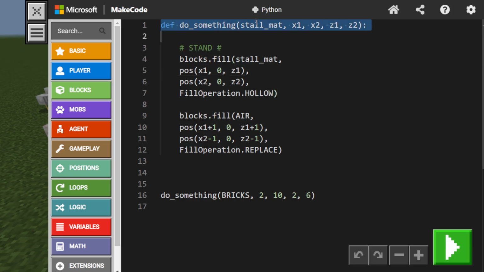We have something called stall mat, which stands for stall material, x1, x2, z1, and z2. So instead of telling Python what they are straight away, I've just put, usually here you put in a material, right? So I've just put stall mat, which is right here. Then I put an x1, which is the first x position, x2, the second x position, z1, the first z position, z2, the second z position. And then I've done the same here, but just +1, -1, +1, -1. And that will actually make a smaller area inside of the stall. So now if I press play,